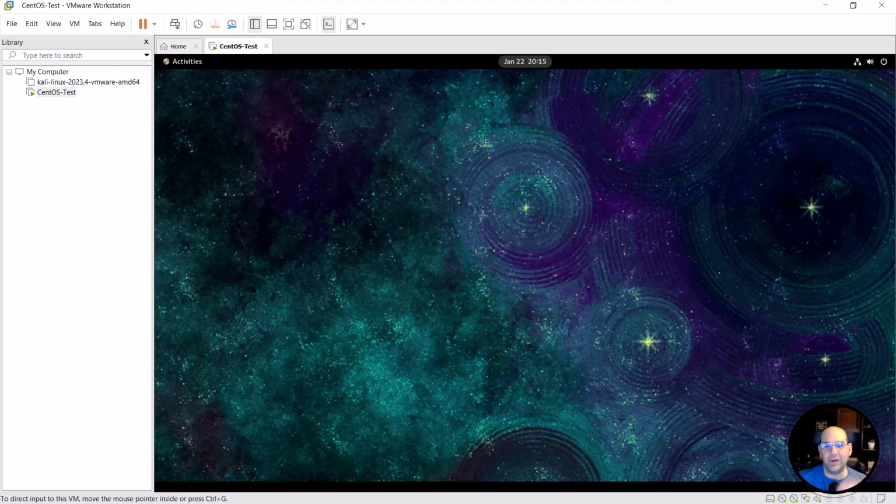All I want to do is show you how to update CentOS once you've installed it. Now, I'm already logged into the UI, so I just want to show you how to do that first, but I don't want you to become dependent on this, because if you're on a previous version that doesn't have this option or doesn't have the UI, you really want to learn how to do this from the CLI, from the command line interface. A lot of the things that we do in Linux, we typically do from the command line